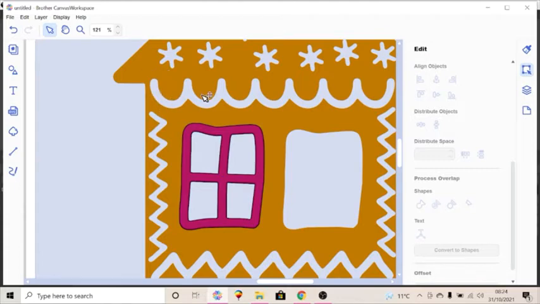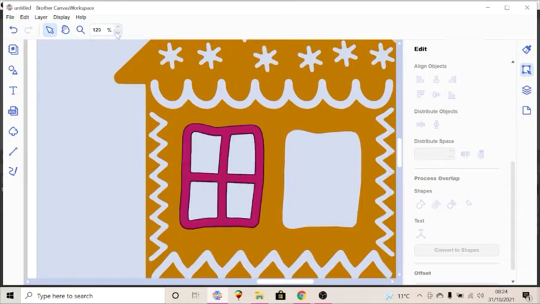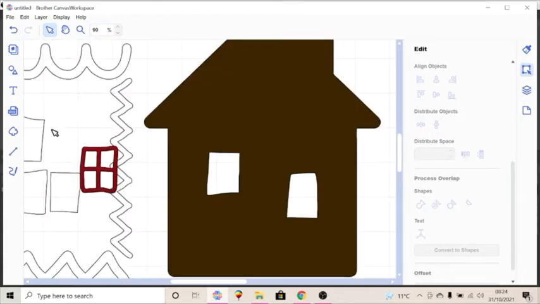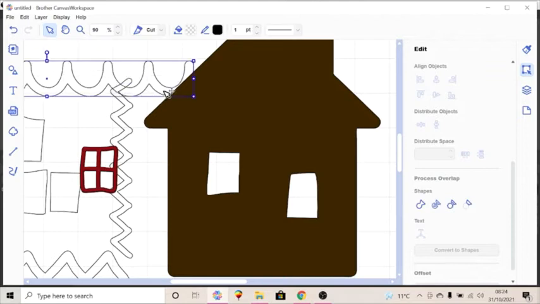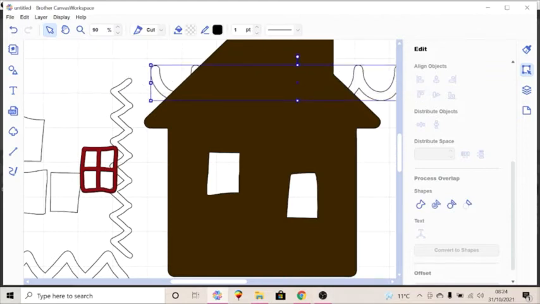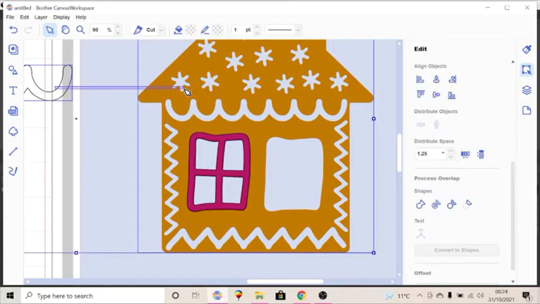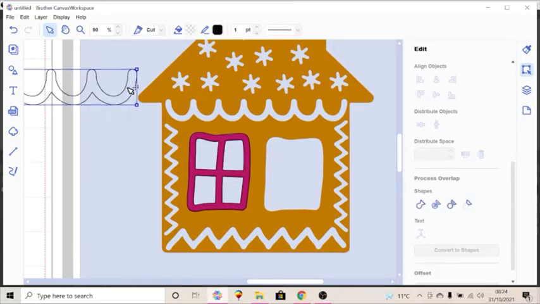And then all these pieces we could also bring in. So if you wanted to have quite a colorful house, you could bring in this